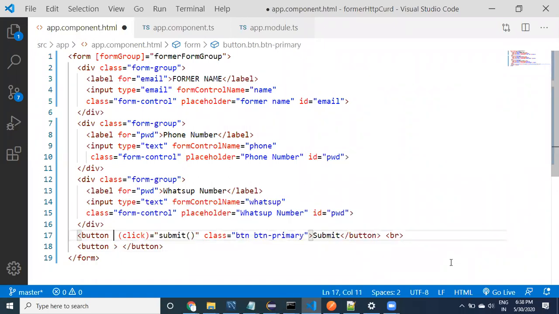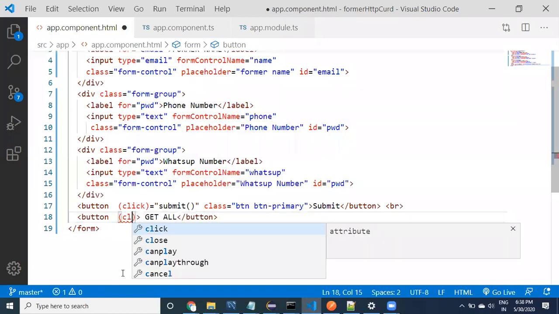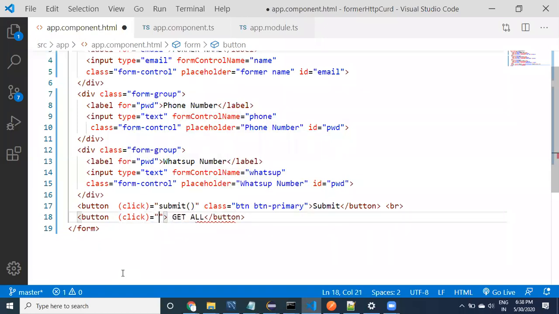You can remove this type, I don't want the type and all. I'm going to provide get all as a button, and then apply a click event. For the click event, you can apply a method called get all. The method name can be anything.